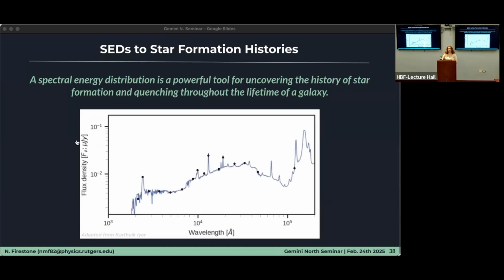And we can then fit a spectral template to this SED, and from there identify key features in the galaxy spectrum. For example, we can look at Lyman alpha to tell us about young stellar populations. We can age date the galaxy using Lyman alpha or with an age tracer. We can look at different emission line features to assess the ISM conditions. And as we move to the long wavelength end of the spectrum, we start to learn more about older stellar populations and any dust re-emission. So there's really a wealth of information here.